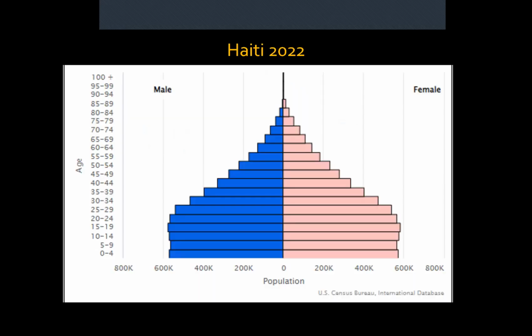And looking at population pyramids for Haiti in 2022, so just in the last year, it's the most recent data that we have, they were growing very fast. When you see that population pyramid looking like a pyramid, that's growing very fast. But looking about 30 years ago, 40 years ago, it's slowed down. And Haiti's getting very slow growth now. That's something very different from when I taught this class in the past, 20 years ago. So you can see how it's flattening out on both edges. That means that they're not having as many children and it's getting very slow growth. Families are not having as many children.